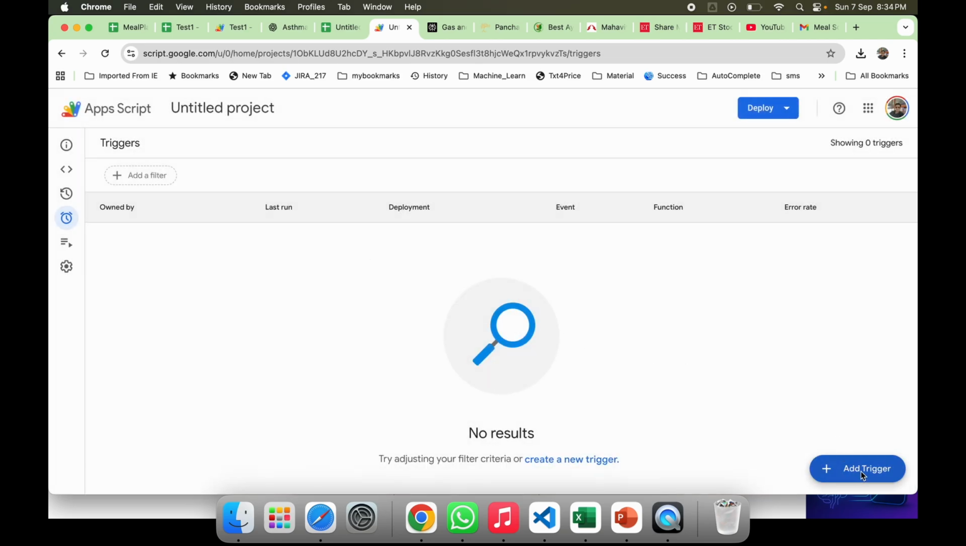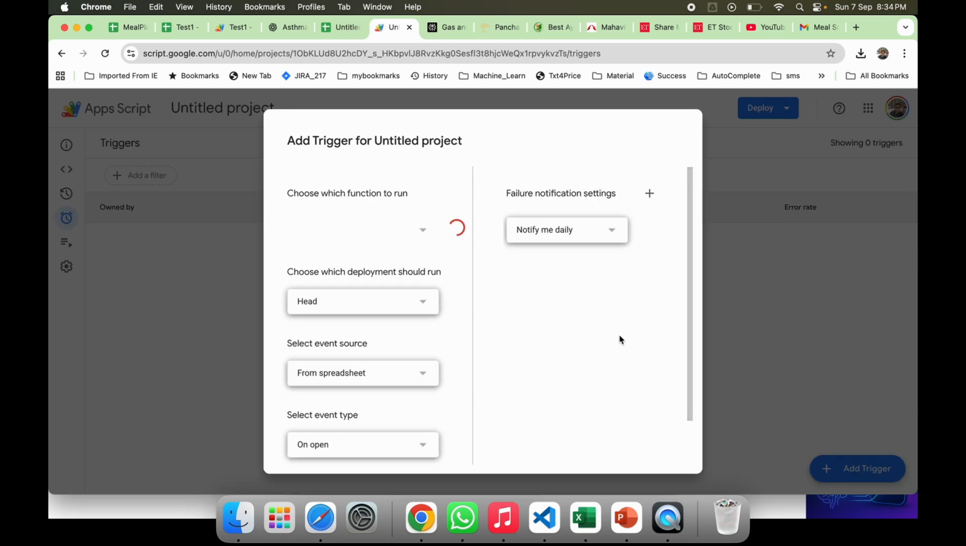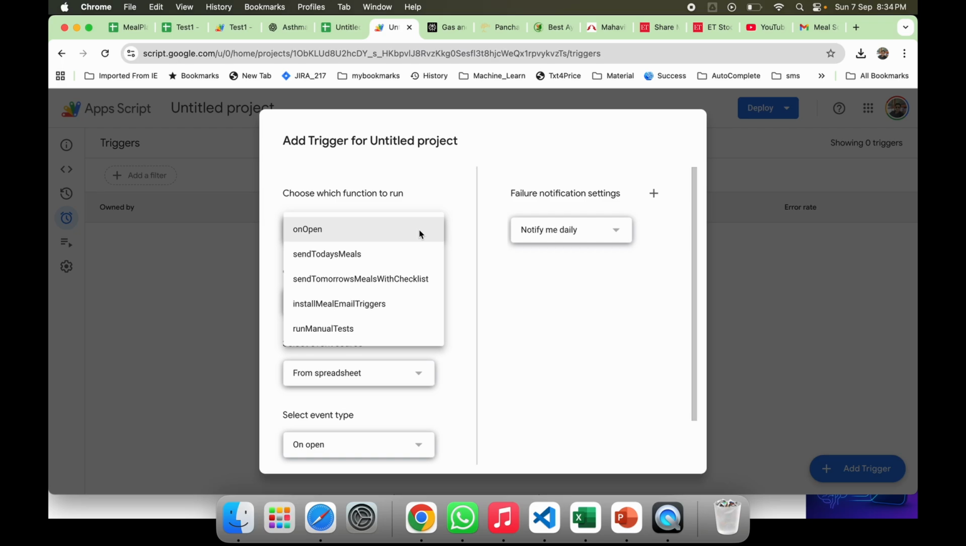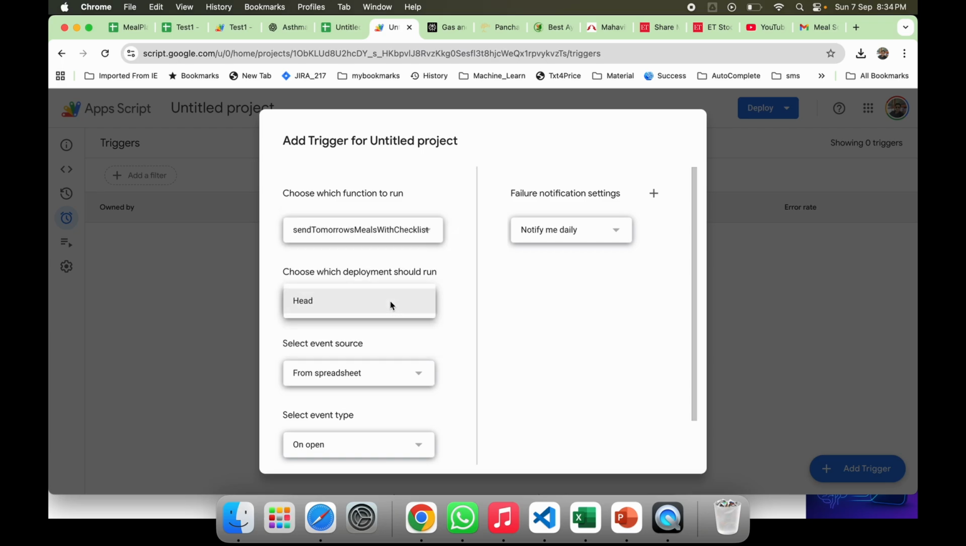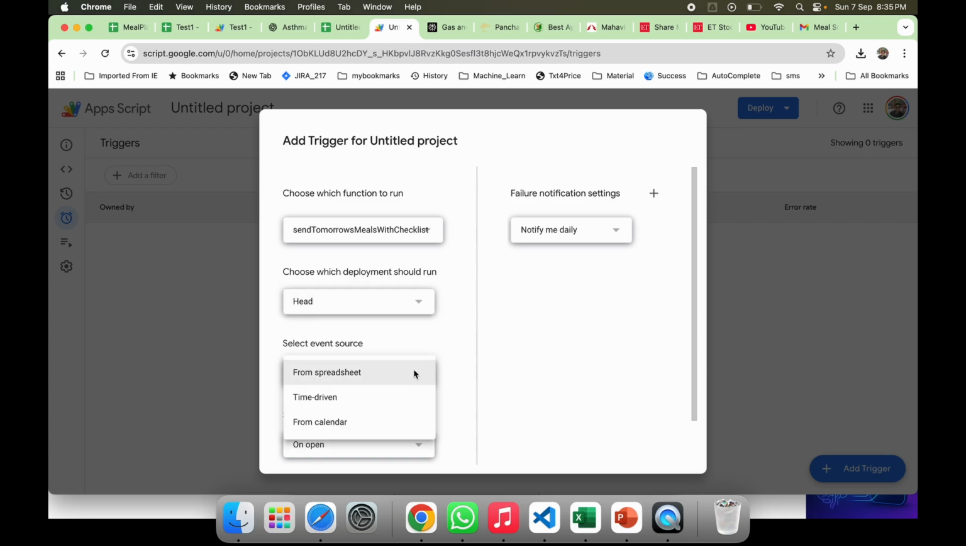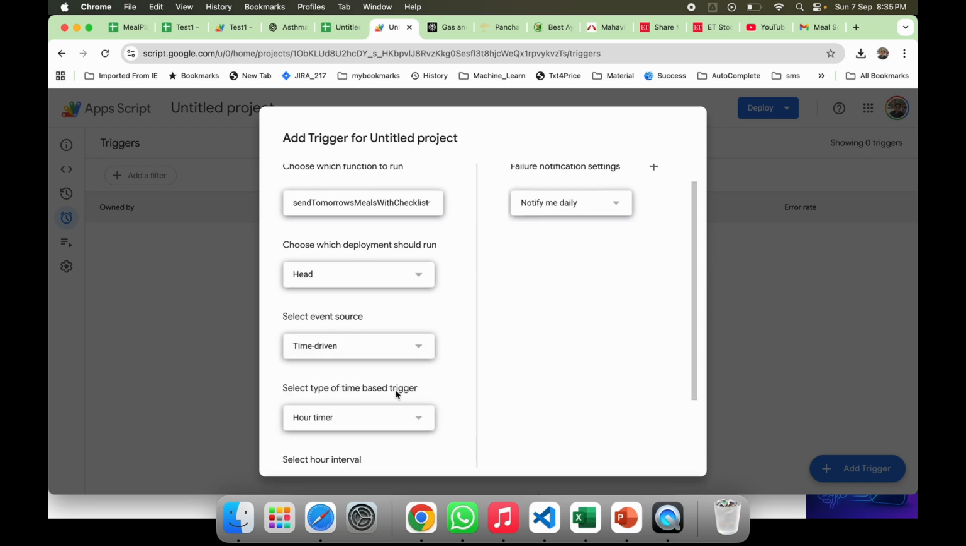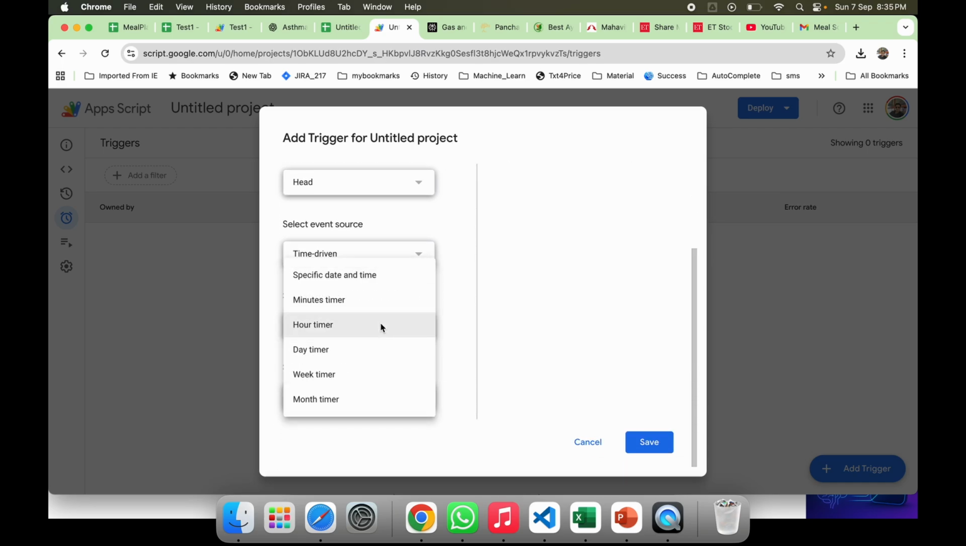So add trigger button over here. I have to click on add trigger. What is the function that I have to automate? So let's say if I am sending it for tomorrow's meal with checklist, then I have to click on send tomorrow meals with checklist. These are the methods which are generated in the script. So I just select this one for tomorrow. It has to be time driven. So I select event source, and it has to be time driven. What is the time? Now time I have to select